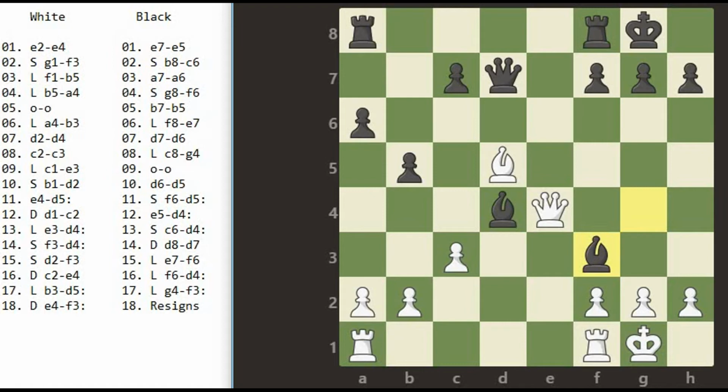Bishop takes knight on f3. So the move is L, g4, f3, colon. Queen takes the bishop on f3. So the move is D, e4, f3, colon. And after this, black resigns. So the 18th step we write here as resigns.